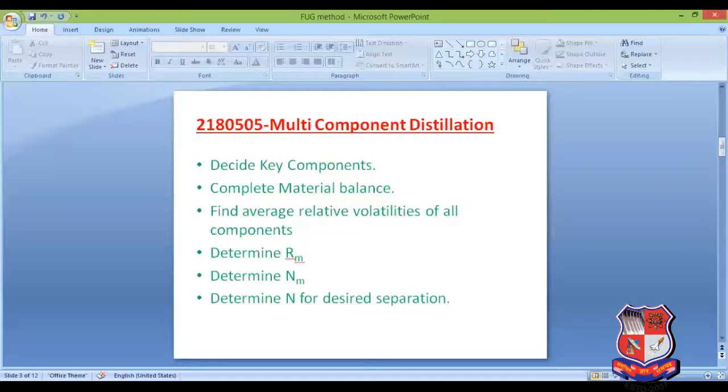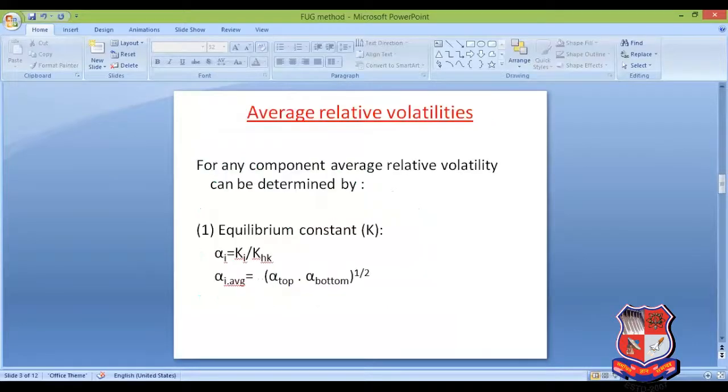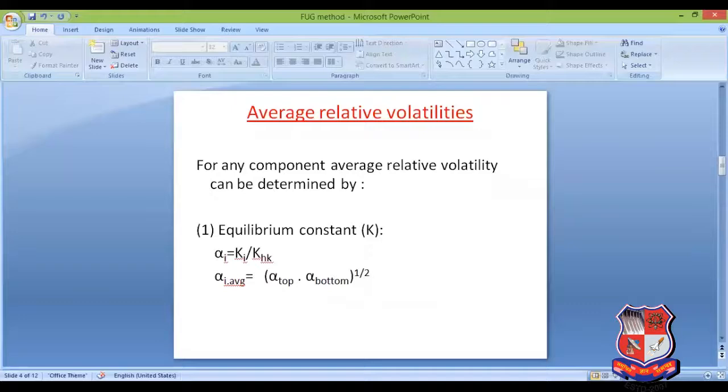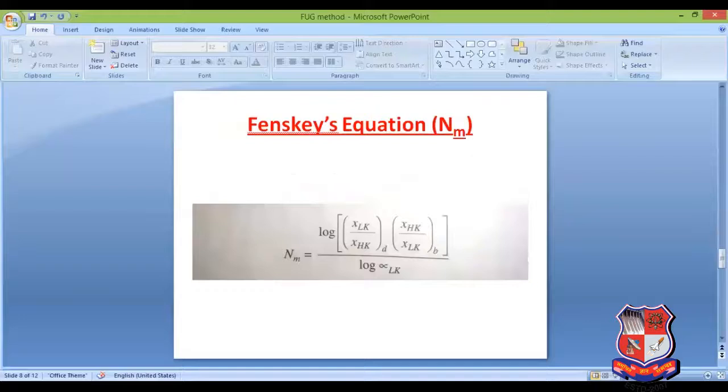So if the key component alpha is given to you, just take it, complete the material balance, and determine Rm with the help of Underwood's method. Determine Nm, which is the easiest part, right. You should go with this Fenske's equation. Now you can see that in both Fenske's and Underwood's methods, we require the data of mole fraction of components in feed, residue, and distillate. So if your material balance is incorrect, your answer will be totally incorrect. And finally, with the help of the Gilliland correlation, you can determine